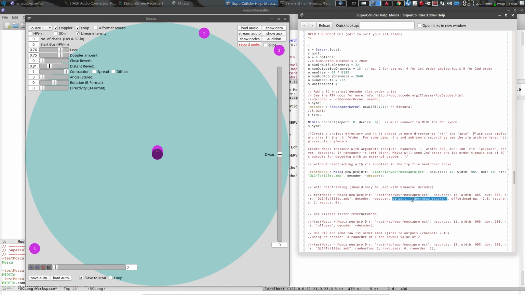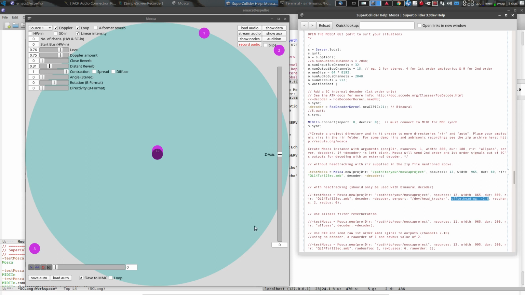We've got here the address of the serial port, and that's a persistent name, which is very useful to configure. I've got instructions up in the help file of how to do that in Linux. On Macintosh, you'll have to find out how to do that. So our device is defined here. We've also got something called an offset heading, and that relates to